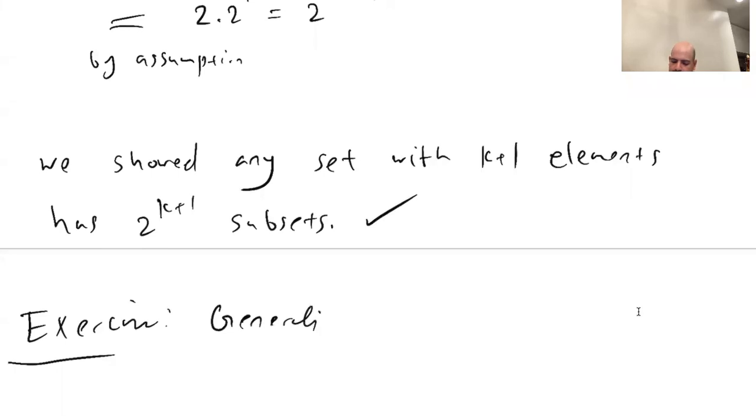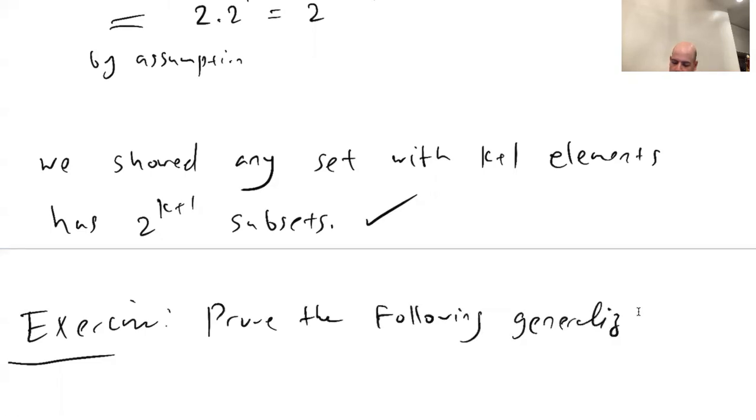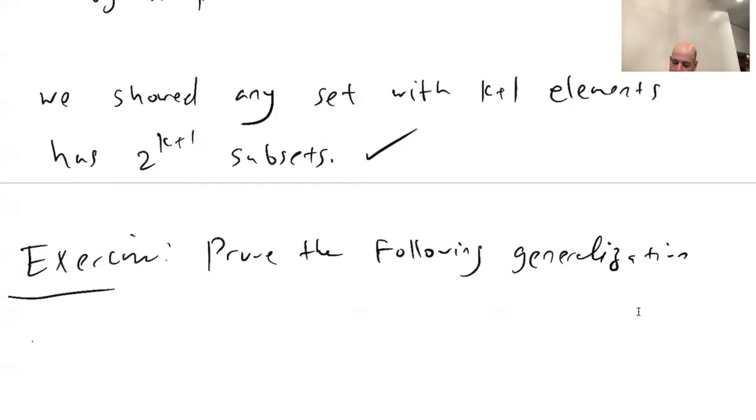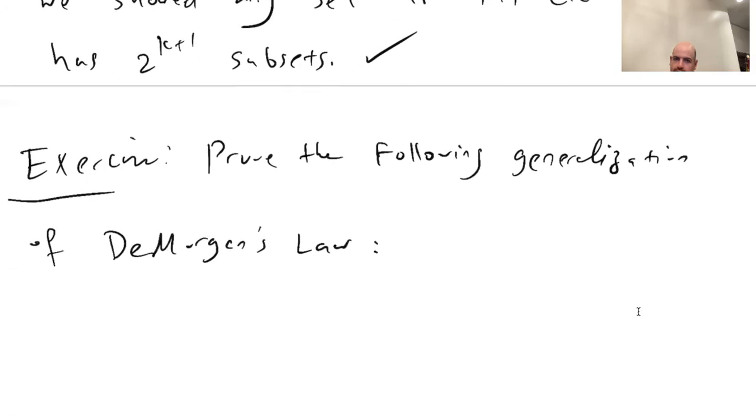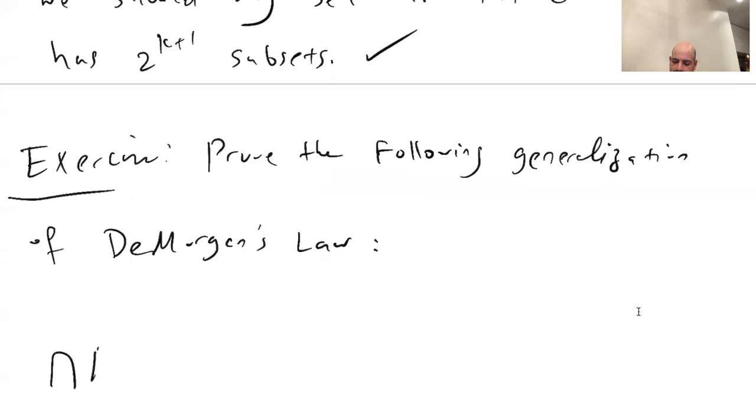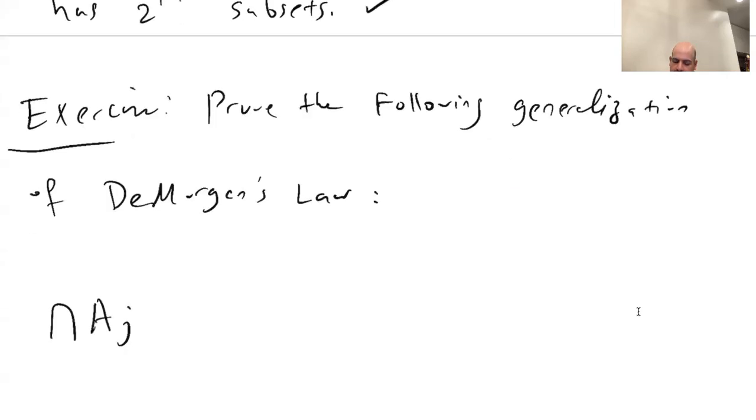Prove the following generalization of De Morgan's law, which says the complement of the intersection of Aj from 1 to n is the same as the union of the complements of Aj, j from 1 to n,